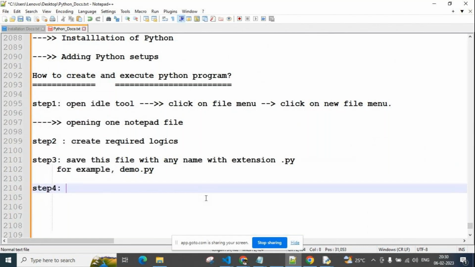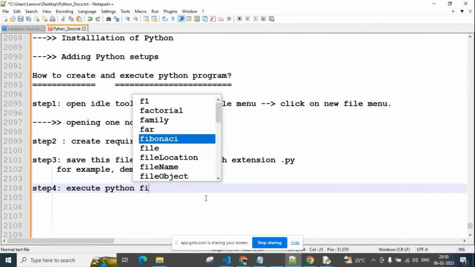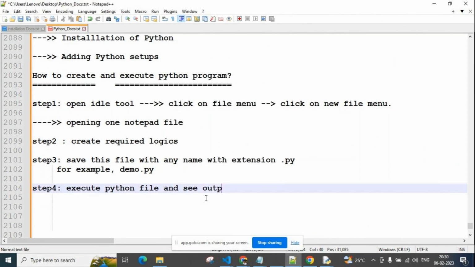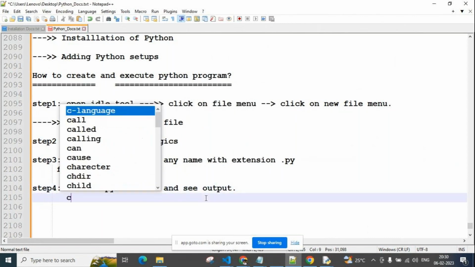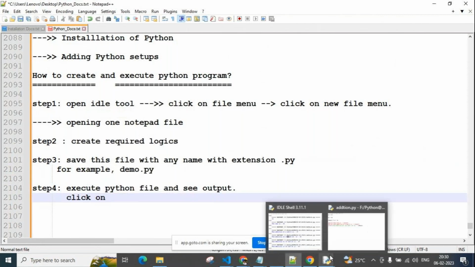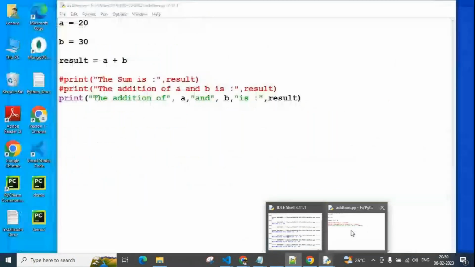Okay, so now execute the Python file and see the output. So how we are executing, that is important. Click on the run menu.